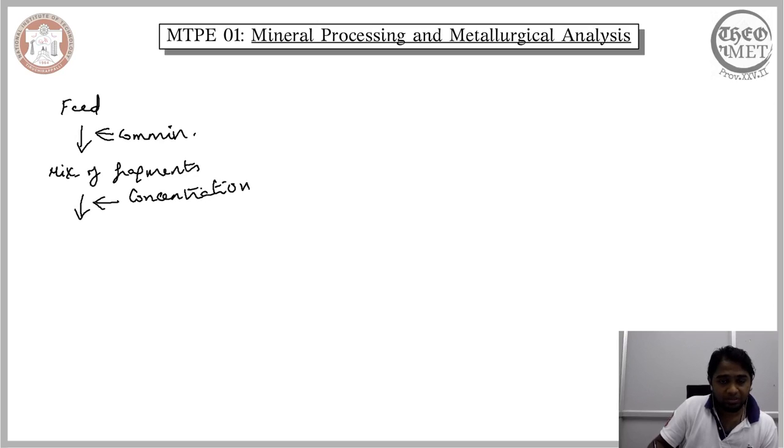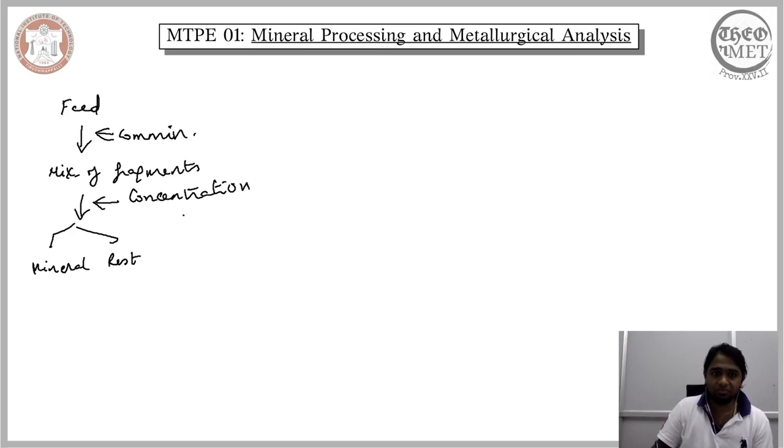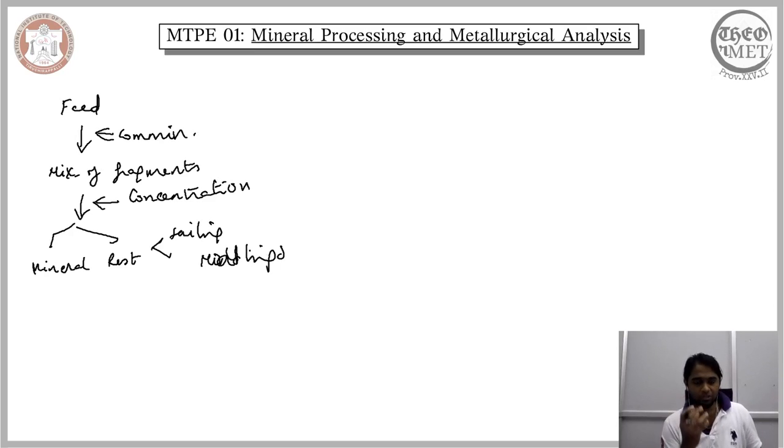And if you consider just the technical description of concentration, it will give you minerals and the rest. However, since again the approach is the same, we can play around with it and we can tweak the concentration to give us tailings and middlings. Since the primary outcome of the process of concentration is the mineral, the intended outcome of the concentration process is the minerals or the mineral rich fragments,